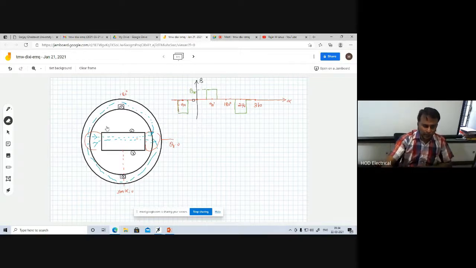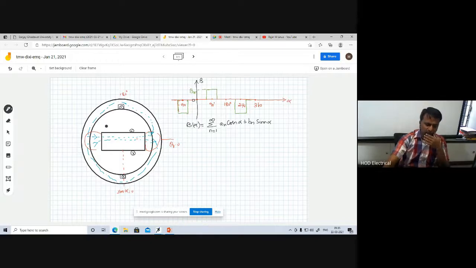So if you see here in this magnetic flux density, first we have to write this Fourier transform. What is meant by Fourier transform? Magnetic flux density in the circumferential area alpha is nothing but summation n equal to 1 to infinity of an into cos n alpha plus bn into sin n alpha.